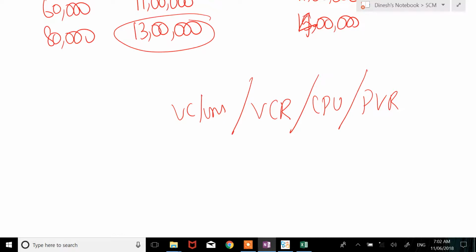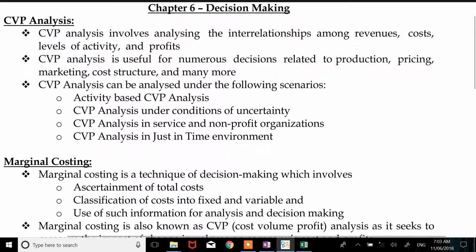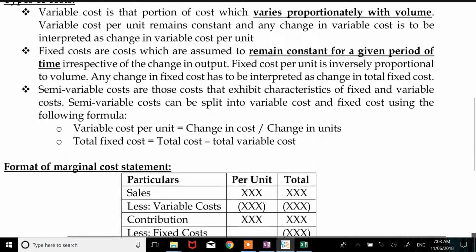Any formula which I have introduced till now, sales to achieve desired profit or profit break even point, margin of safety, everywhere, if the denominator is contribution per unit, you get the answer in units. If the denominator is PVR, you get the answer in rupees. That's what we have been seeing till now. Same logic is going to work for everything. Indifference point, shutdown point, everywhere I'm going to do the same thing. Now this is covered in